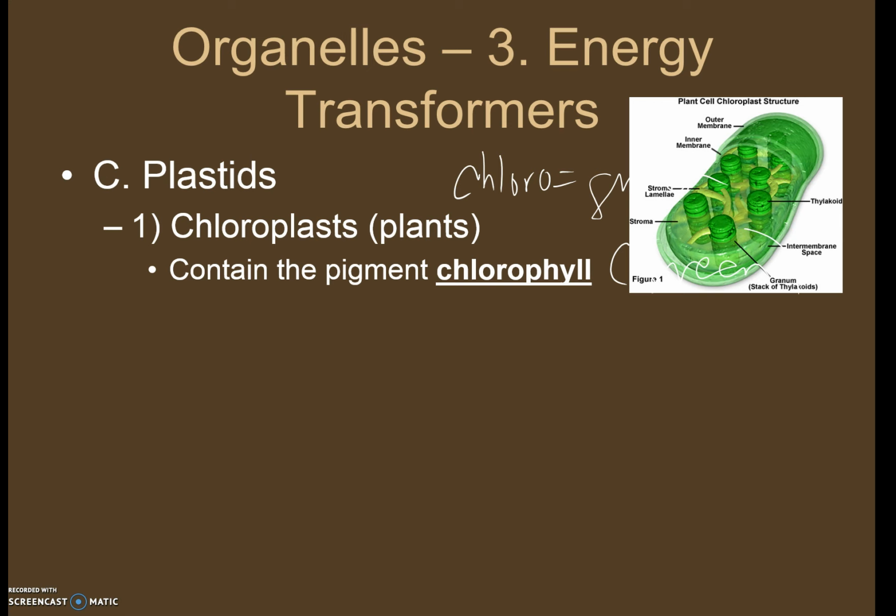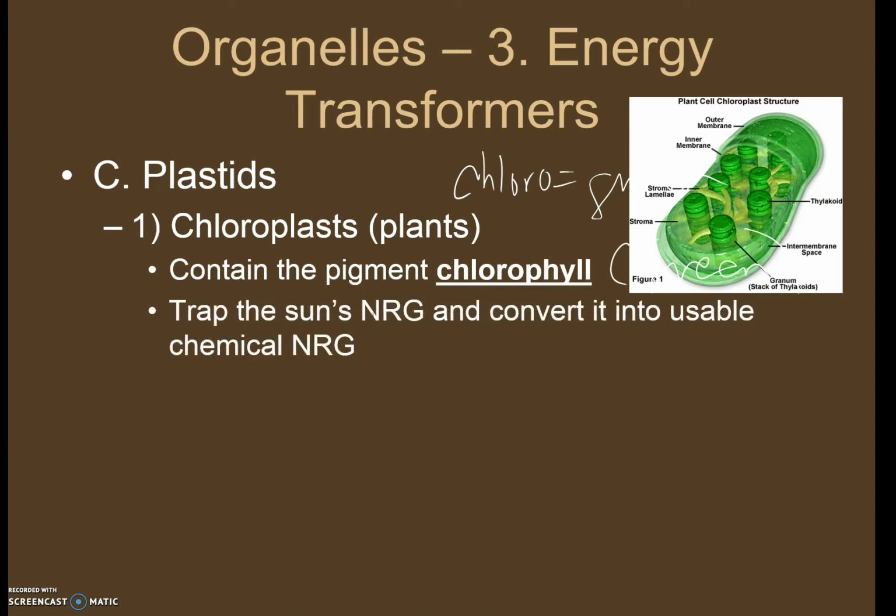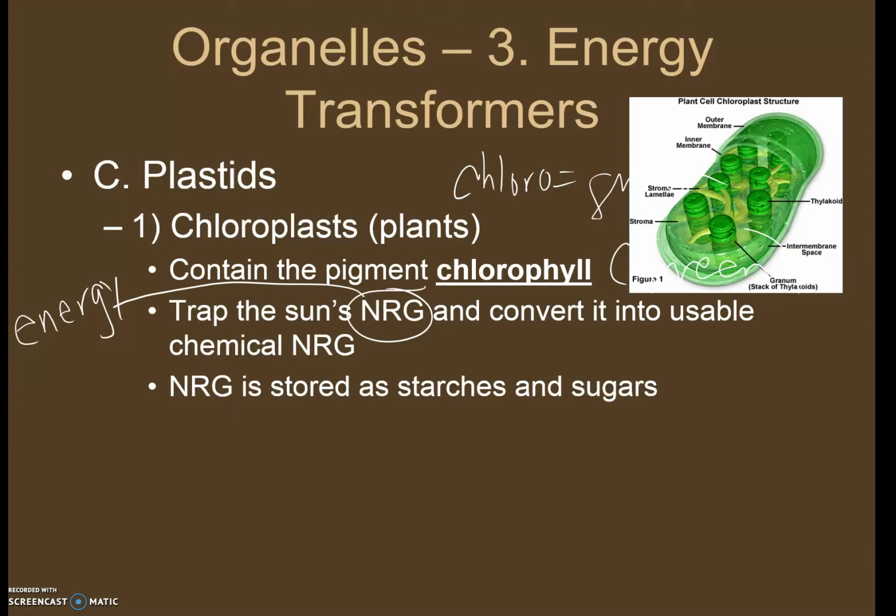It is so efficient because it uses direct sunlight. Other pigments use more indirect sunlight and weaker parts of the color spectrum, so they can still process sunlight, but they just don't use the direct sunlight for it. So this is going to be things like red algae that are going to be deeper in the ocean, and even brown algae too. They trap the sun's energy, and remember, NRG is just my lazy way of writing energy. So if you don't want to use the abbreviation, don't. So they trap the sun's energy and convert it into usable chemical energy, which then gets stored as starches and